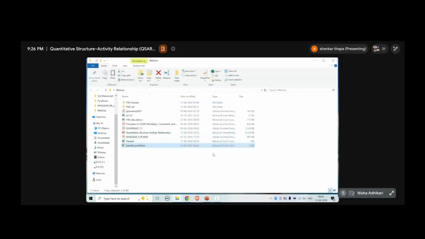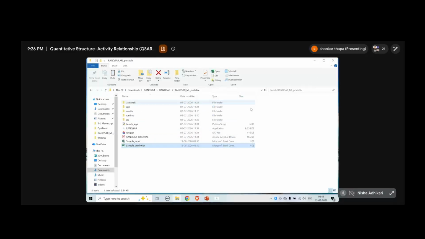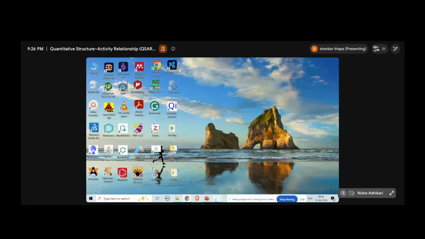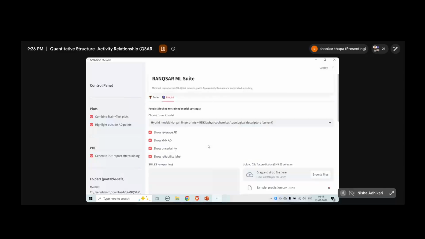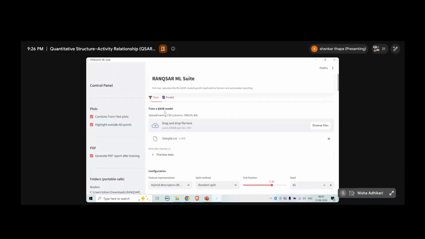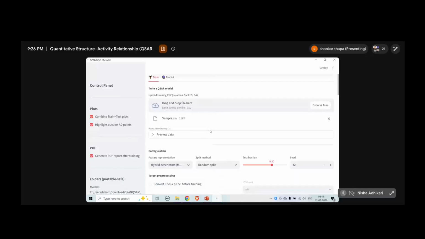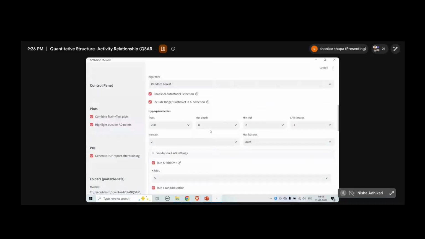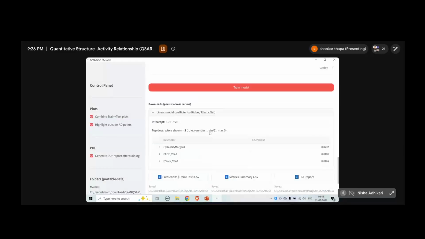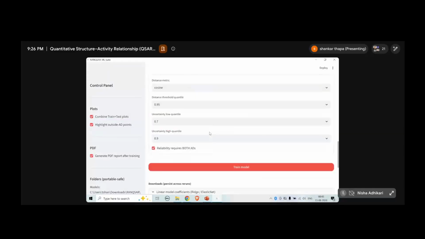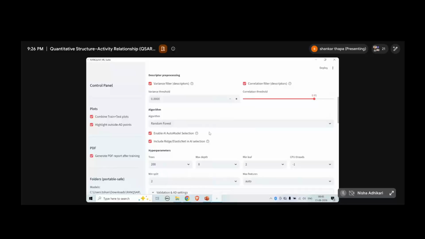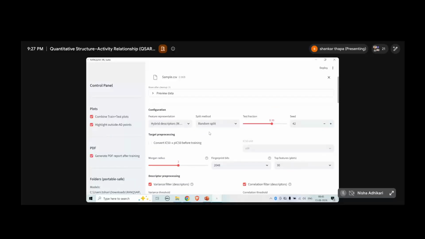So that's it. This is all about the RA QSAR software to predict the activity and develop the QSAR models, also validation of QSAR models. It's very simple, very user friendly. They use machine learning and AI to develop, so most of the manual or individual things they bypass. No need to do it, the software automatically does.